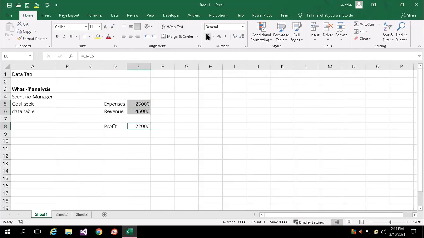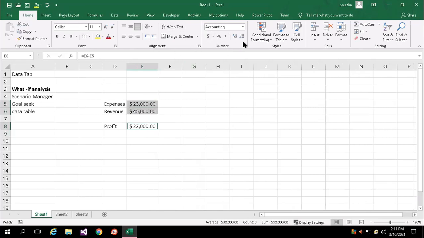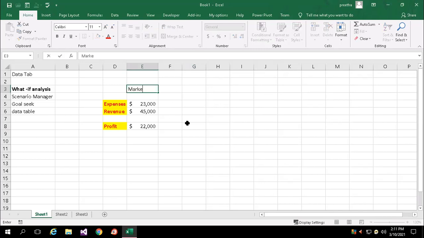So for number format, you can take dollar value with 0 decimal. Okay. Now you can consider this. It's a small formula where revenue and expenses are for one particular department, for example, the marketing department.